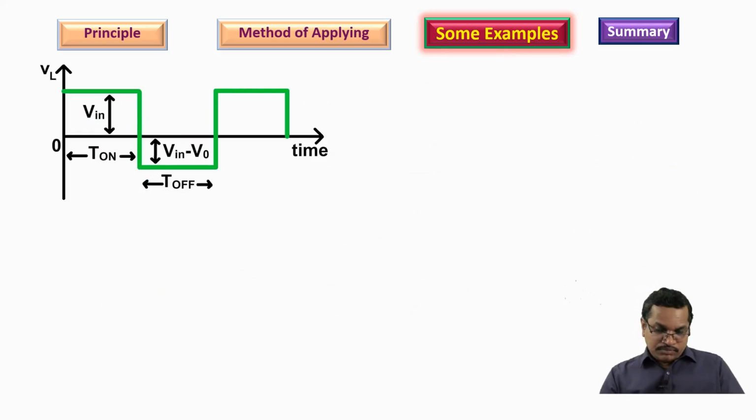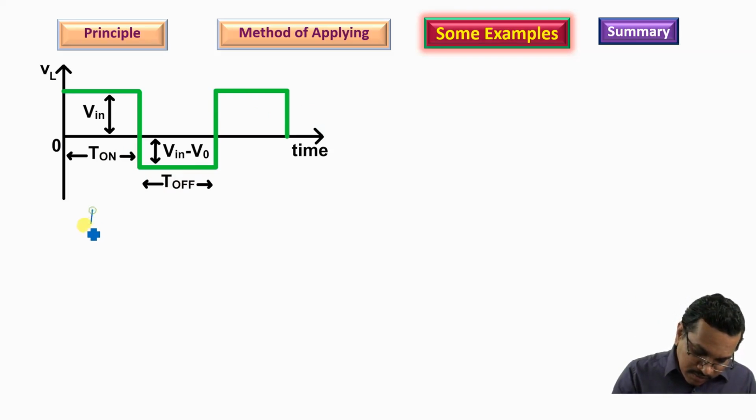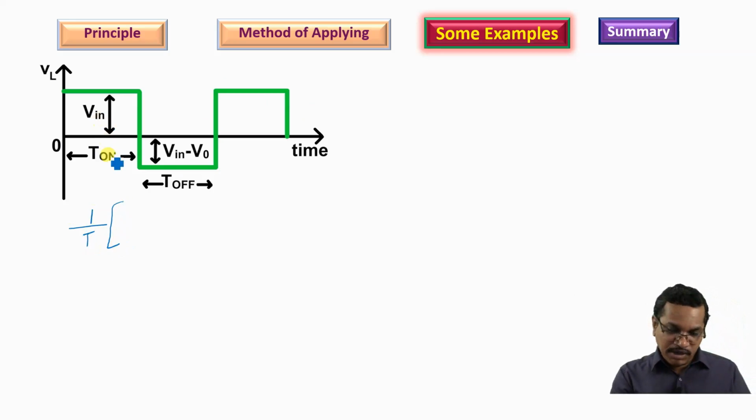Fine. So, in the previous example, we took a circuit and applied KVL, then applied volt-second balance, and we were able to get the V naught by V in expression. Whereas in this example, whatever is observed in this image, we have the voltage across the inductor as a waveform. That waveform is given for on time and off time, and the waveform is periodic in nature, therefore it repeats. When we have such a waveform, again we can use the basic principle. We know that the concept is 1 by total time, VL on multiplied by T on.